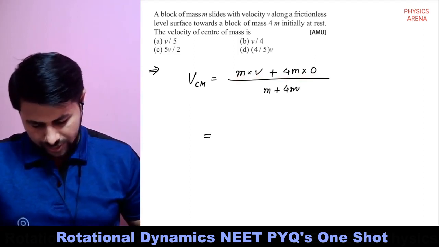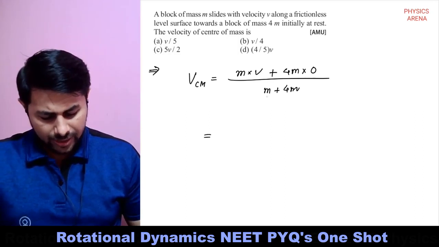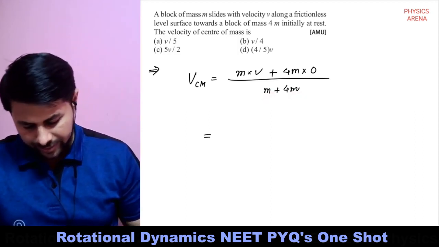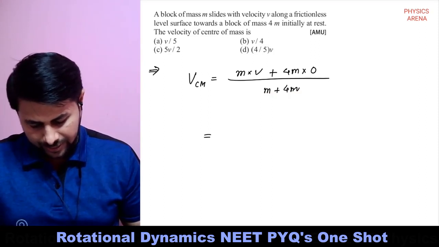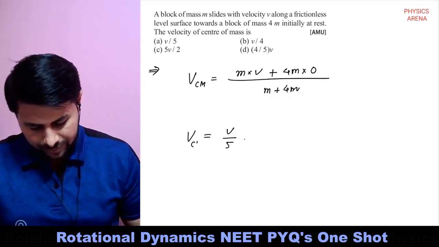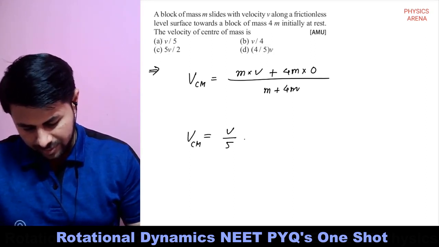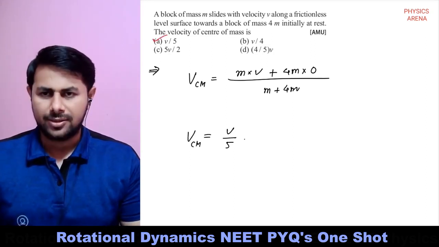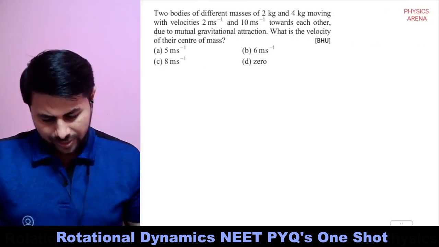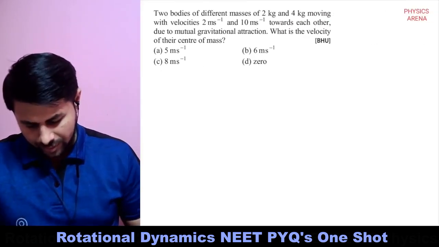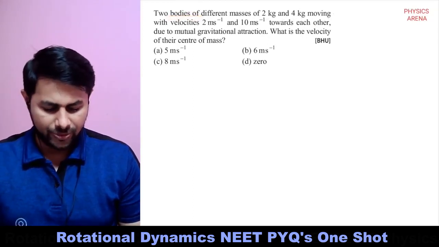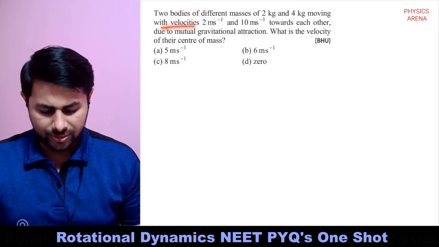So in the numerator we have m times v, denominator 5m. So m gets cancelled, v divided by 5 is the answer, right? Okay, v divided by 5 is the answer. Simple. Okay, next question. Two bodies of different masses of 2 kg and 4 kg moving with velocities 2 meters per